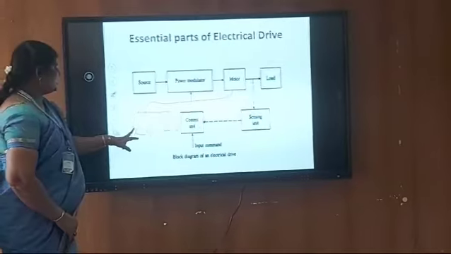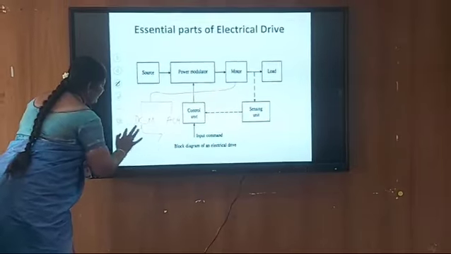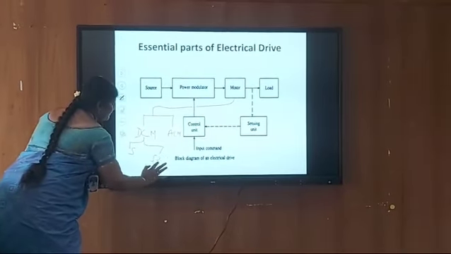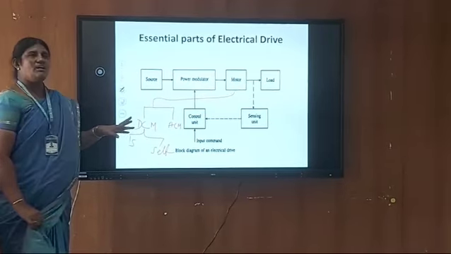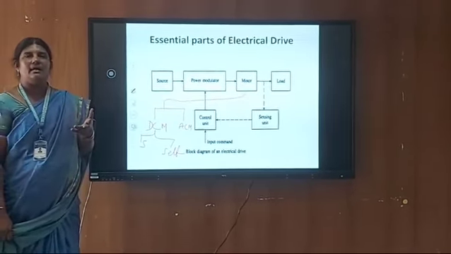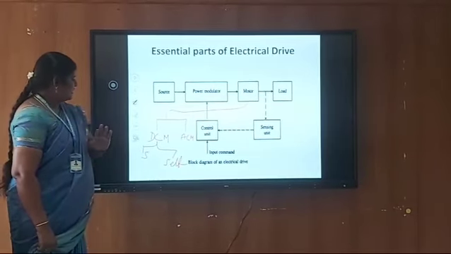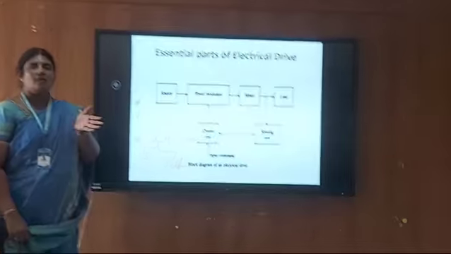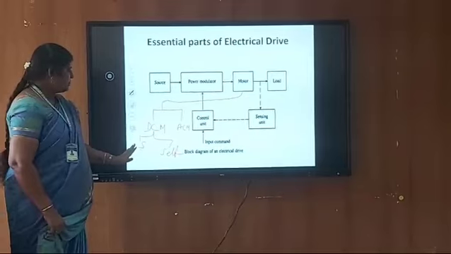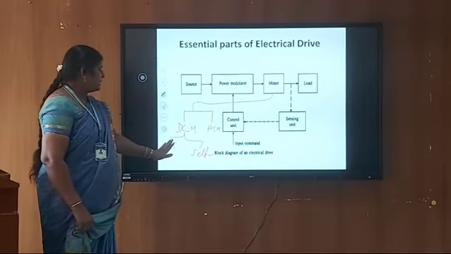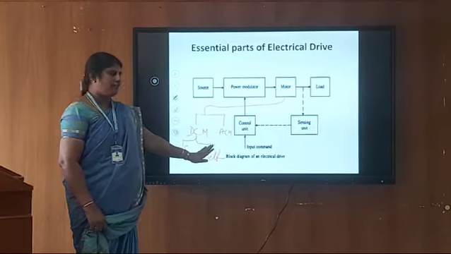DC motors, excitation wise, are classified into two types, separately excited DC motor and self-excited DC motor. The main parts of an electric motor are the armature and the field winding. In a separately excited DC motor, the armature and field winding are separately excited. There is no further classification in the separately excited DC motor, but the self-excited DC motor is mainly classified into three types: